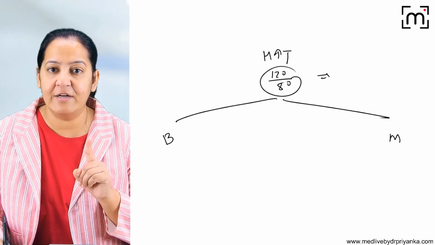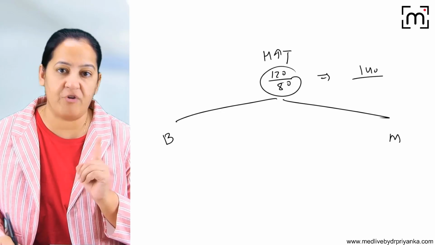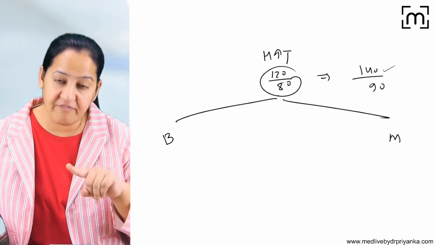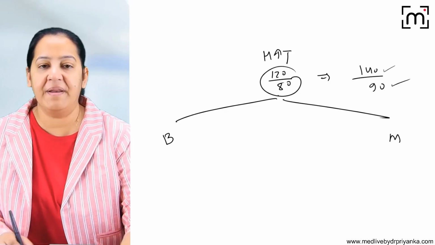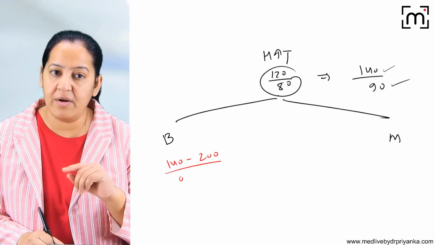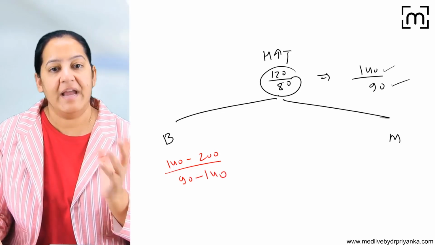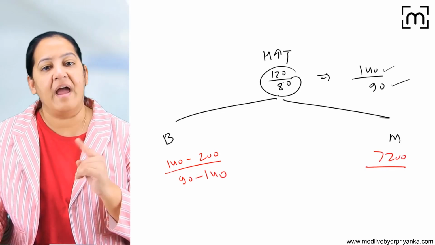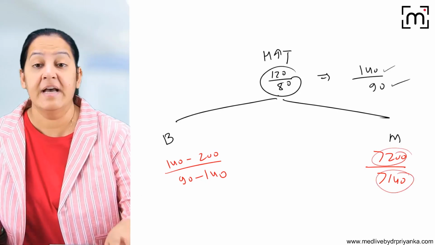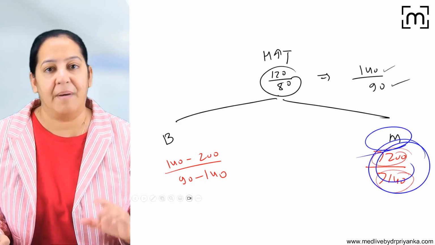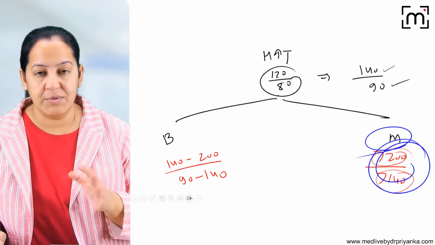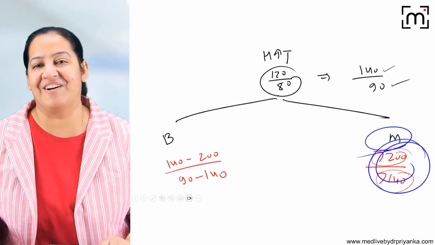From 120 to 140 and from 80 till 90, this is pre-hypertension. So hypertension occurs after 140 and after 90. In benign hypertension, the systolic is 140 to 200 and diastolic is 90 to 140. In malignant, it is more than 200 and more than 140. So systolic more than 200 and diastolic more than 140, with a sudden rise, is known as malignant. Malignant is a misnomer. It's not malignancy. It's not cancer. It is malignant hypertension. So it is nothing to relate to neoplasia. So benign